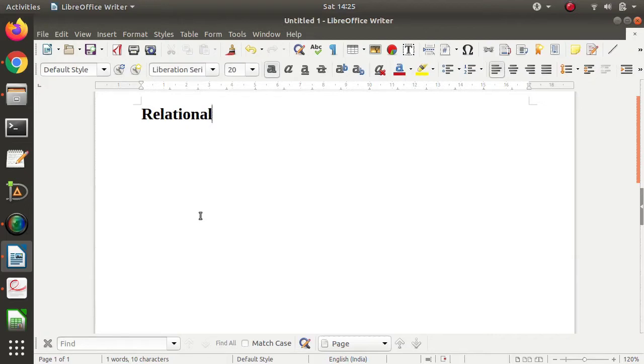So relational expressions means expressions something like this: A greater than B, or A less than B, or A greater than or equal to B, or A is equal to B. Where some comparison is done, all these expressions are called relational expressions, and these are the operators that we use here. Output of relational expressions is a boolean value. So it can be 1 or 0, or true or false.